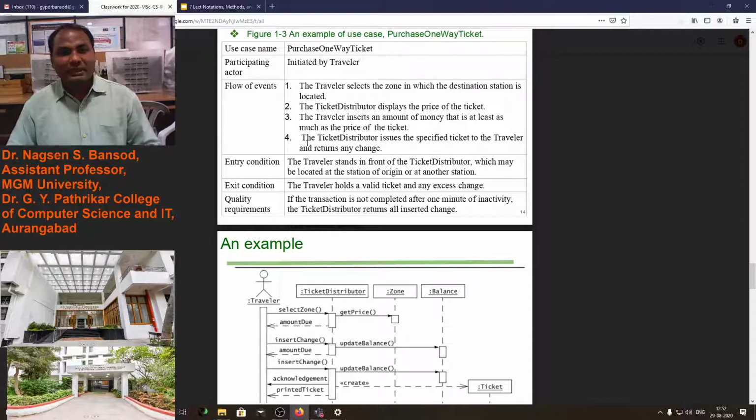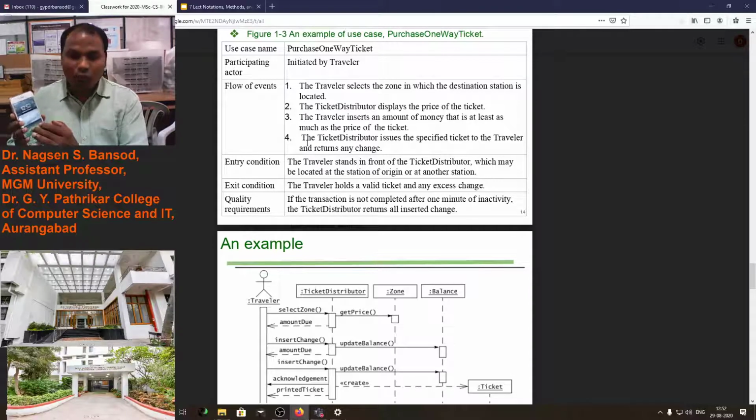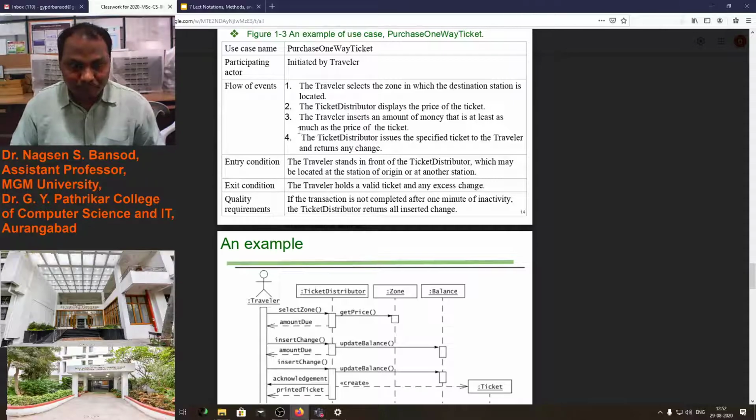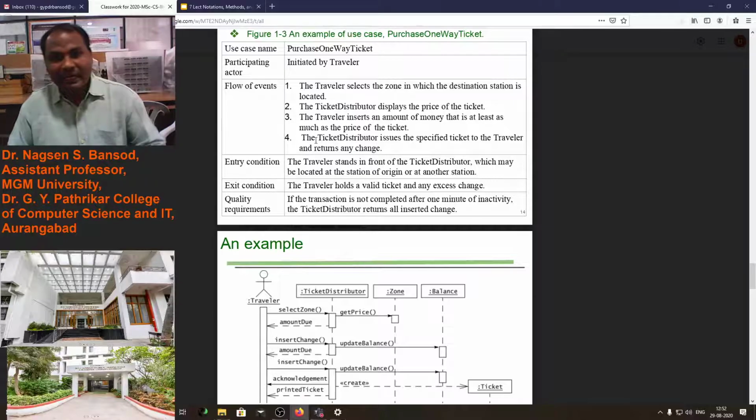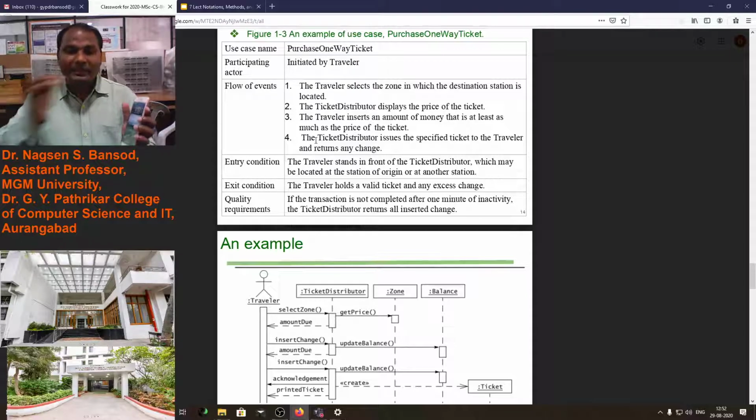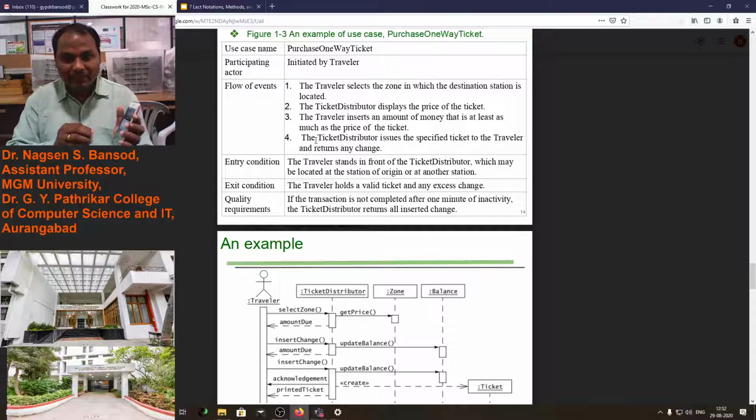Second, the ticket distributor displays the price of the ticket. Just after the traveler selects the destination, the ticket distributor will show the price of the ticket on display. Then the traveler inserts an amount of money, at least as much as the price of the ticket.